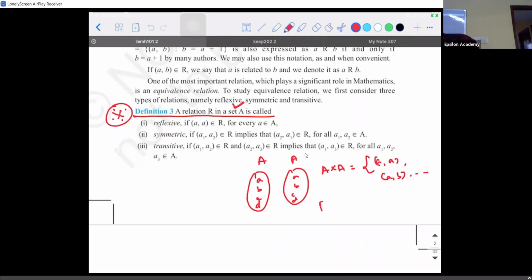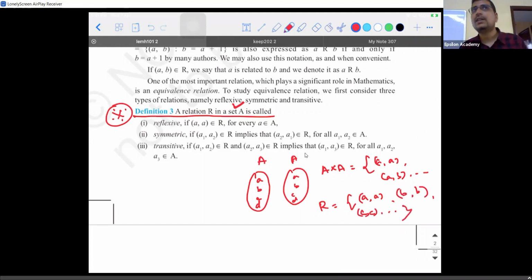That is, if you are able to write a relation R is equal to {(a, a), (b, b), (c, c)}, and so on, then that particular set is what is called as a reflexive set, where the elements that are there in the ordered pair belong to which set? Where is that a and a coming from? They are coming from which set? From this set A. That is what they have told. Read it carefully, okay? So I'm repeating it again. A relation R in set A is called as reflexive if (a, a) belongs to R for every element small a that comes from the set capital A.